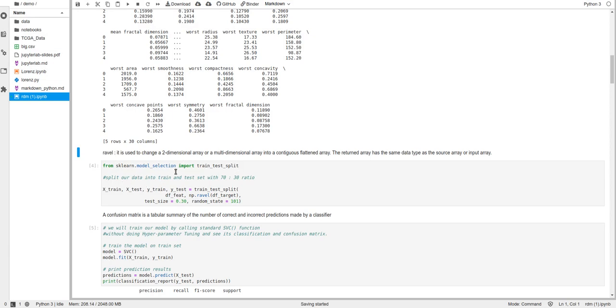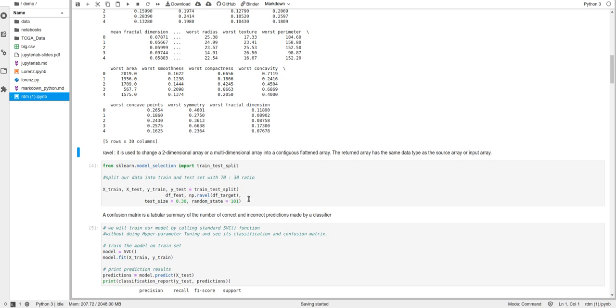Here we will split our data in a 70 to 30 ratio. We will make variables X_train, X_test, y_train, y_test, and use the train_test_split method in which we pass the parameter test size, which is 0.30, that is a 30% ratio.